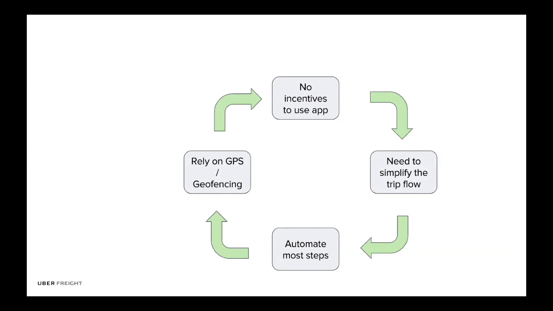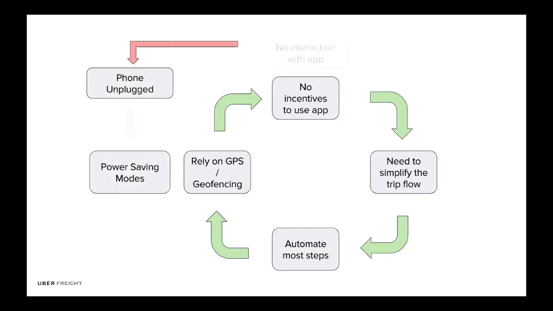So we created this sort of vicious circle where every time we are trying to make the app simpler, we are also making our users less prone to use our applications because there is less reason to open the application, because everything is becoming more and more automated, which ultimately led to some contradiction. Because there's no incentive to use the application, our users are not interacting with the application, which means that ultimately